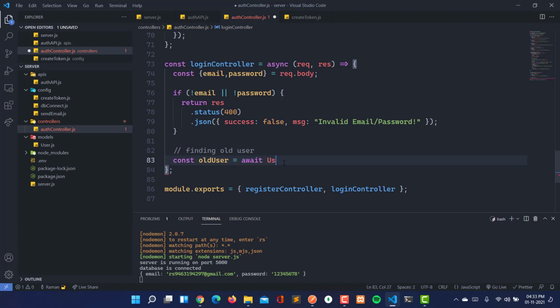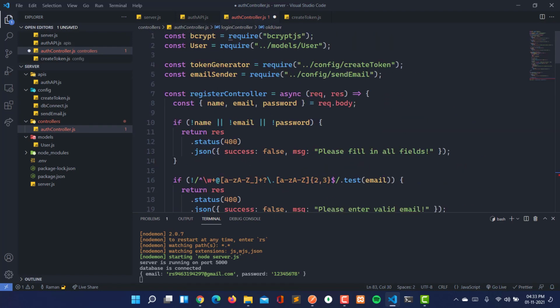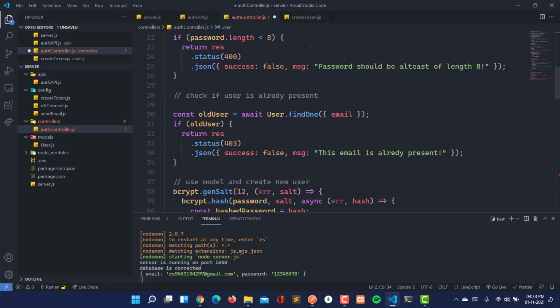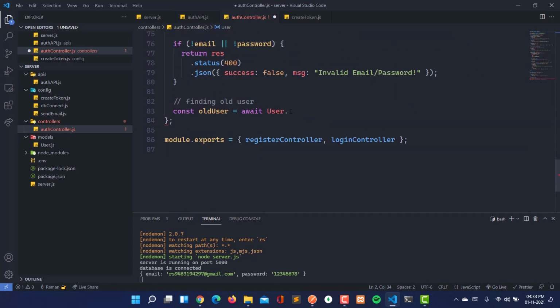And then here we are going to use the user model, and we have imported the user model already. So User.findOne, we are going to find using the email.